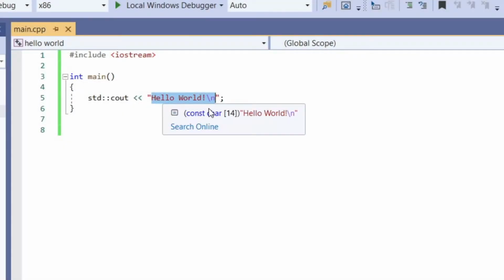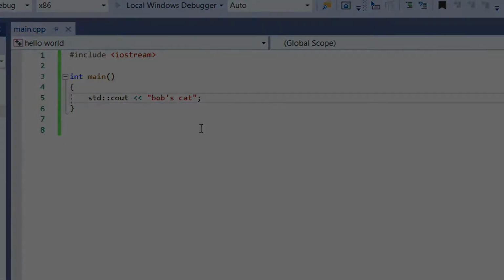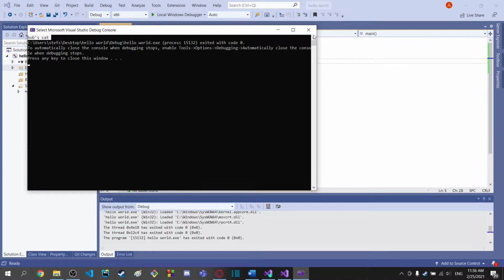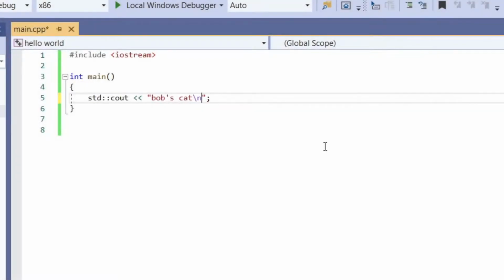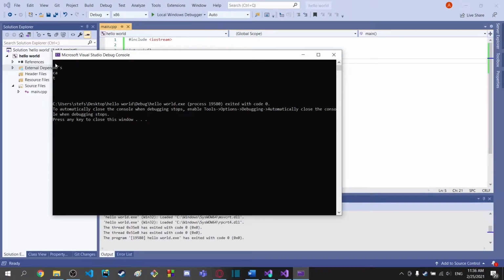Of course, we have our print statement, hello world. I can change this to whatever I want it to be. So I could say Bob's cat, and I could put \n, but for this I'm going to put just Bob's cat. And what it's going to do is print out Bob's cat. Now I could put as many \n's as I want. I could put it right here. I could put it in the middle of my sentence. Hell, I could replace the B at Bob. I could put it pretty much anywhere I want. So as you can see here,